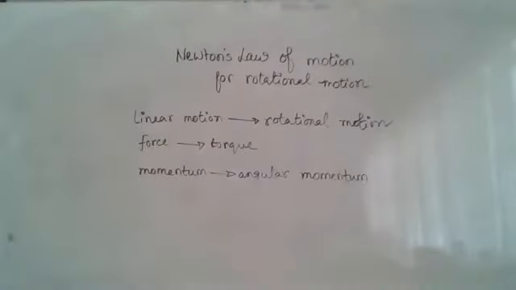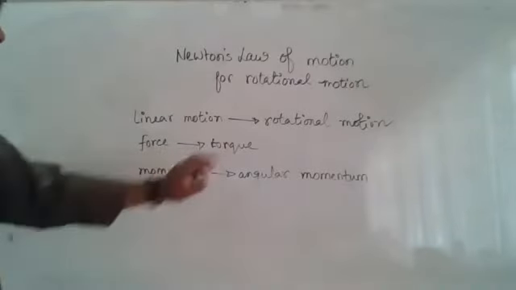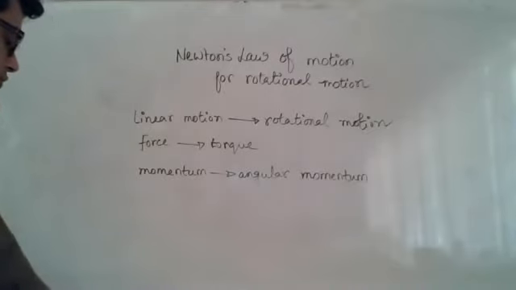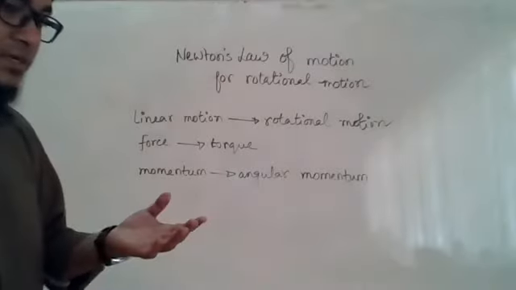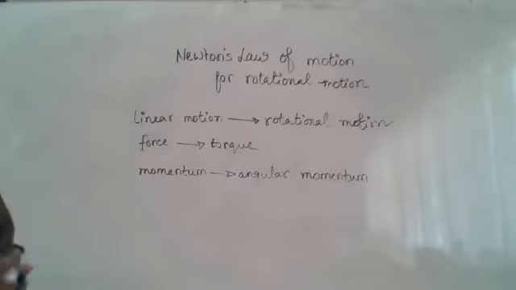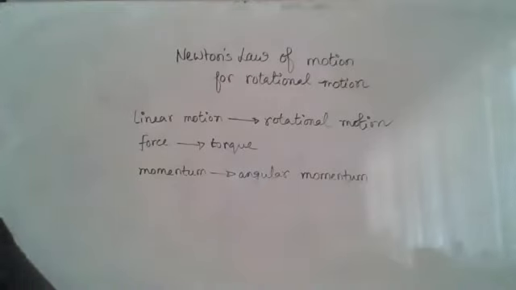So take a look at the first law. The force will become torque, as we discussed in the last class. Every body persists in its state of rest or uniform rotational motion. Whenever no force is being exerted on a body, what happens? It is in uniform motion, which means the velocity does not change, unless it is compelled, meaning forced, to change the state by torque impressed on it.